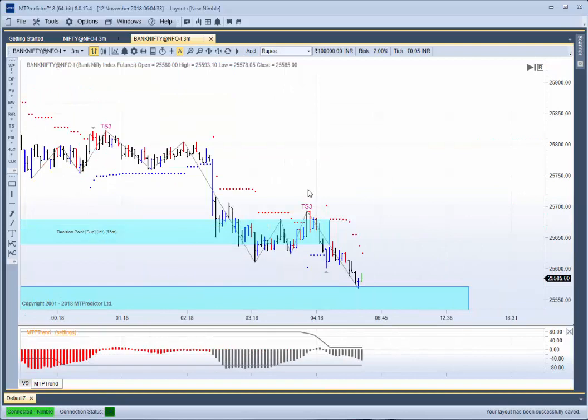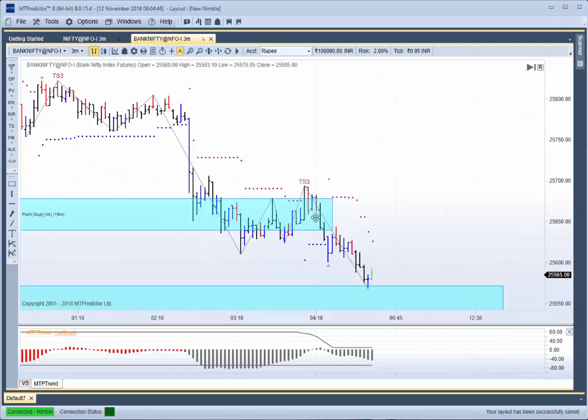This next sell setup here, this was actually at or in and around our potential support zone. That's why our MTP trend was going black. So would this be a good one to take? Well, if you were more conservative and you were very risk averse, you'd probably want to avoid this. If you're slightly more aggressive, then what you could have done is still taken this sell setup,